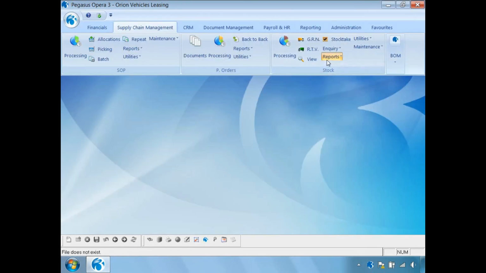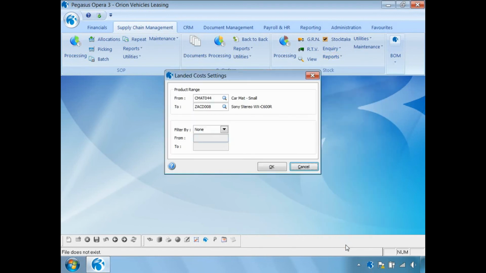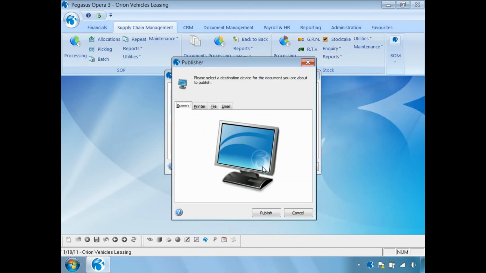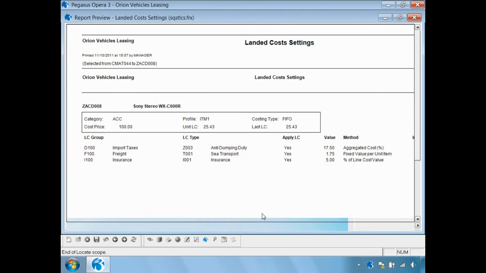Let's also have a look at the landed cost settings report, and let's send this through to screen. This shows you the landed cost types that have been applied to each of your stock records. In this case, for this particular stock code, we can see that there were 3 landed cost types applied and we can see the values of those. It also shows us the cost price, the landed cost value and the last landed cost value from the